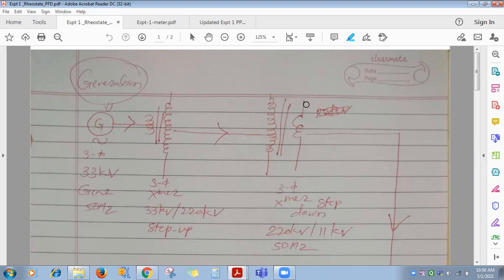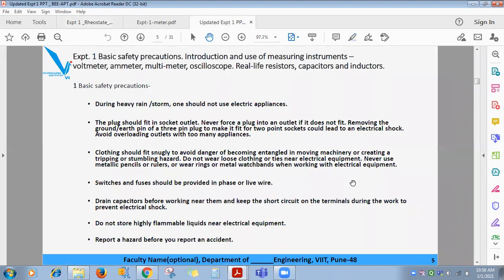Now tell me, in case of overload, meaning load beyond its capacity, and in case of short circuit, which parameter increases beyond rated value? Current or voltage? Current. Okay. Current becomes beyond rated value. If through wires or through electrical equipment you are passing current beyond its rated value, what will happen? Will that wire, will that instrument get damaged or not?